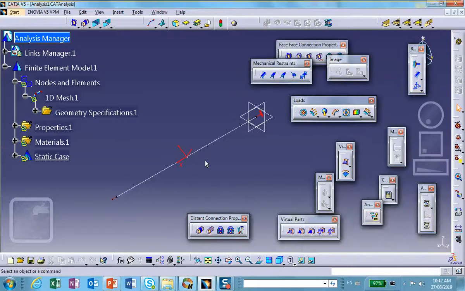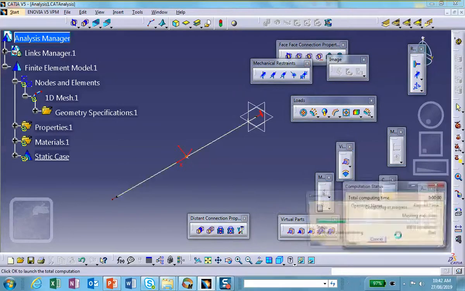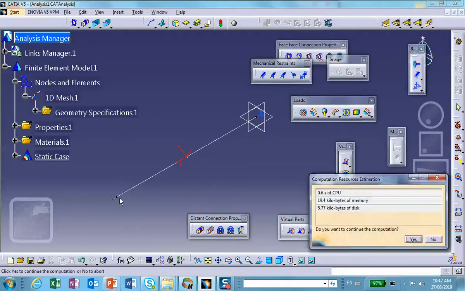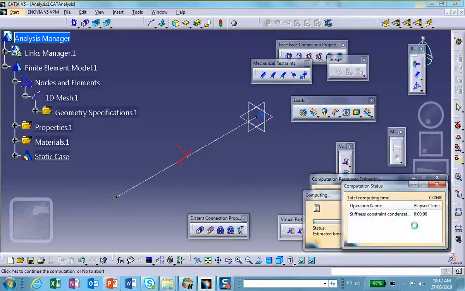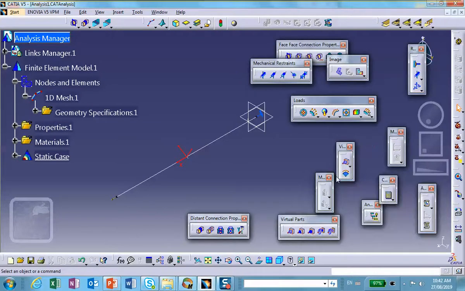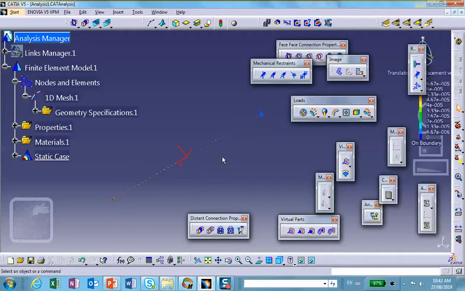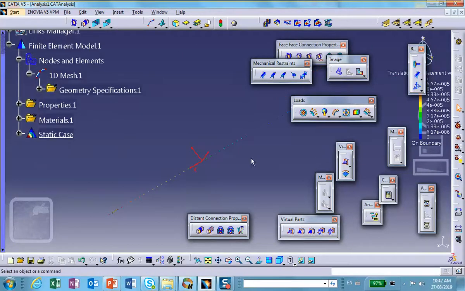Now we run this thing, but nothing fancy is going to happen because all that happens is that the beam is going to stretch. Right there you see the biggest displacement at the tip, of course, and zero displacement at the clamp. Okay, so now